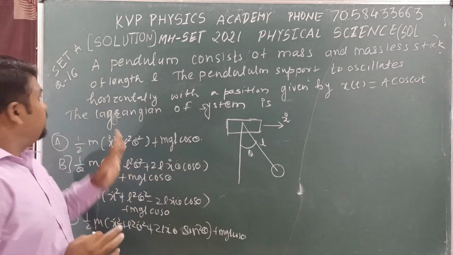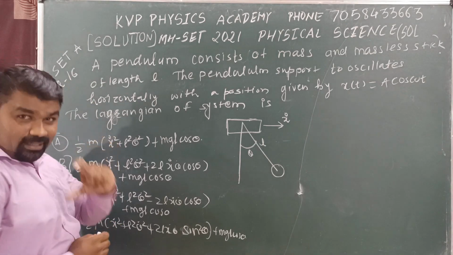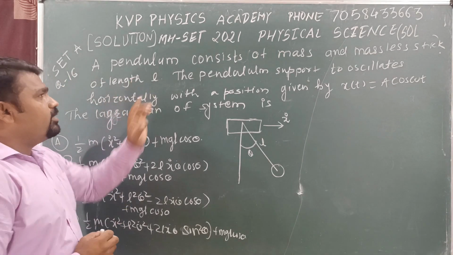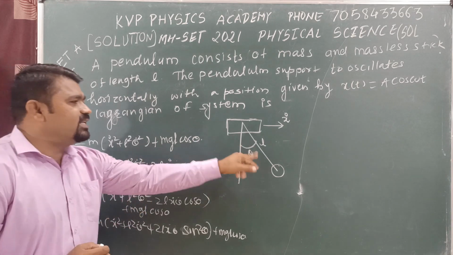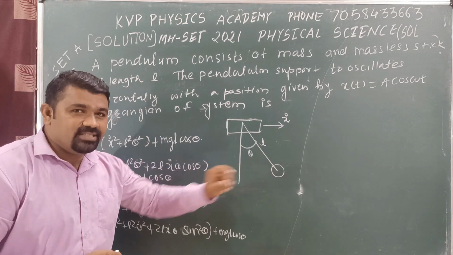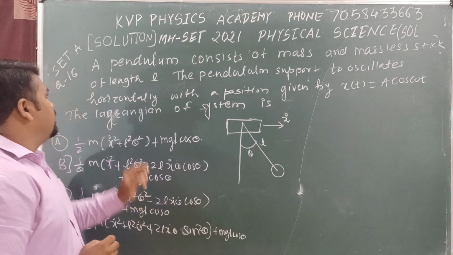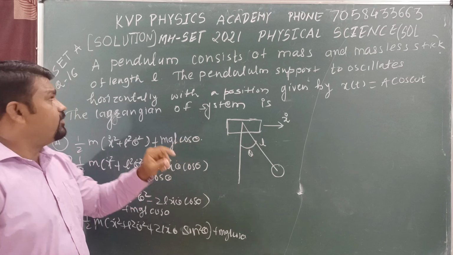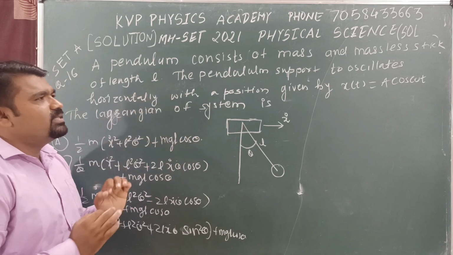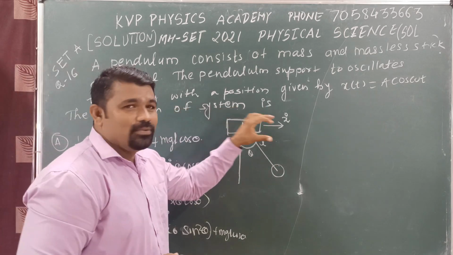Set A, question number 16, classical mechanics. A pendulum consists of mass M and a massless stick, and this is the pendulum. The mass is M, of length L. This is the length L, from center to center. The pendulum support is made to oscillate